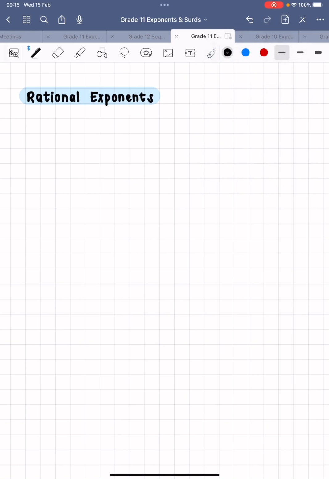Today we are talking about rational exponents. Now rational exponents are literally exponents that are fractions. So exponents that are fractions. Last year I did introduce this very quickly. Basically, if you have an exponent that is a fraction, you can rewrite that whole power with that fractional exponent